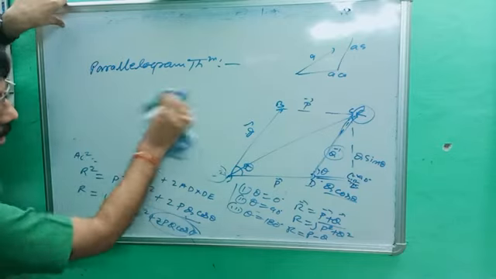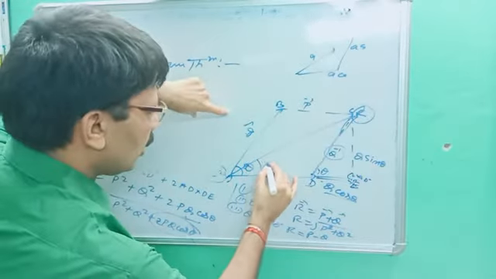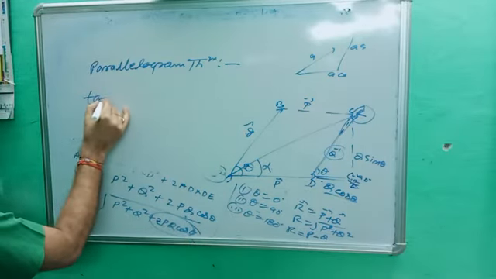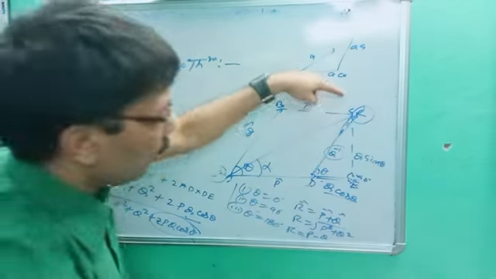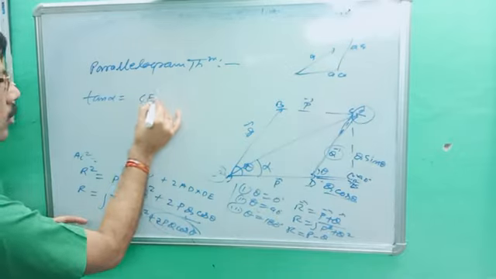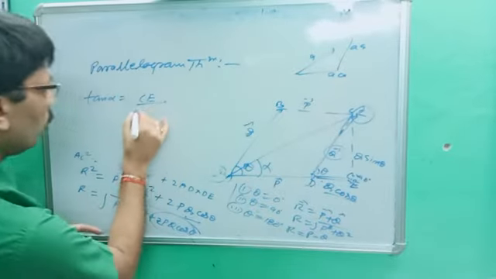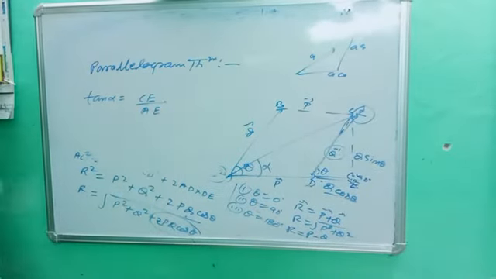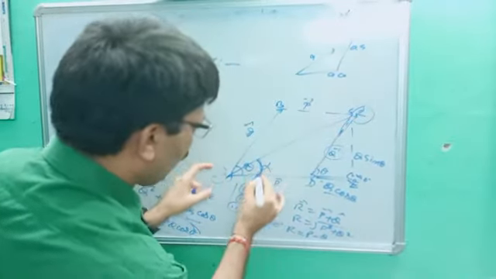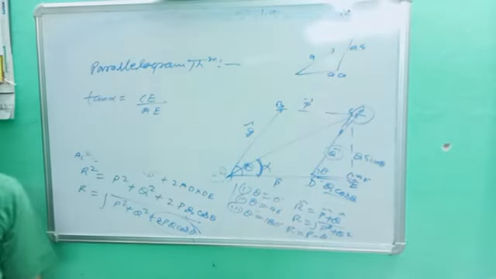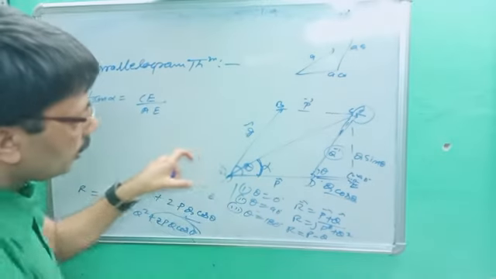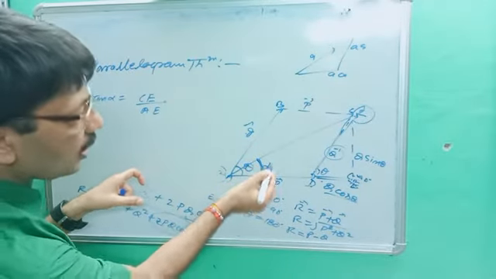Now the second aim is our direction. Let's suppose this resultant direction is alpha. So our direction can be found by tan alpha is equal to perpendicular upon base. You better know. So what is the perpendicular? It will be CE upon, what is the base? Your base is AE. CE upon AE. Perpendicular upon base is equal to tan alpha. Tan alpha is the direction. If you are asked to find the direction, you have to find tan alpha. Theta is the angle between P and Q, but alpha is the resultant direction.